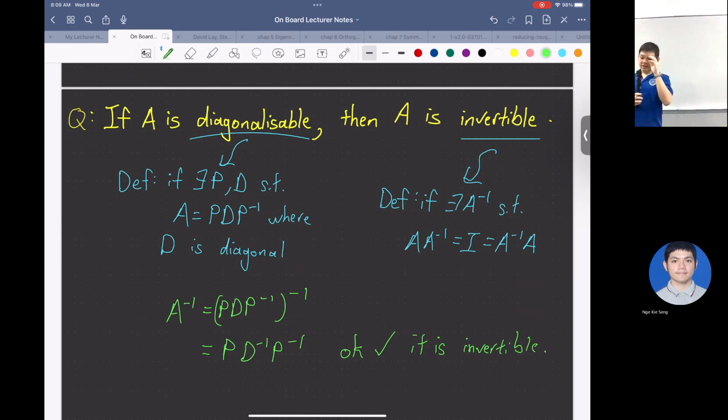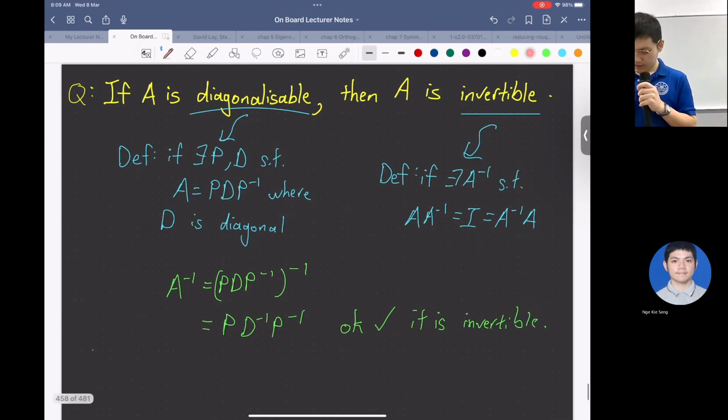It turns out it's wrong. Which part is wrong? Let's think. P inverse should be fine, because P and P inverse already exist. It turns out the problem is the diagonal matrix D. Diagonal here doesn't mean invertible. We didn't spell out the definition of diagonal, and this is the part that has a problem. So a diagonal matrix